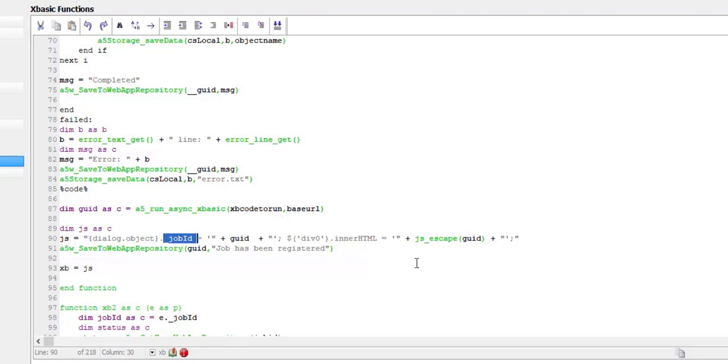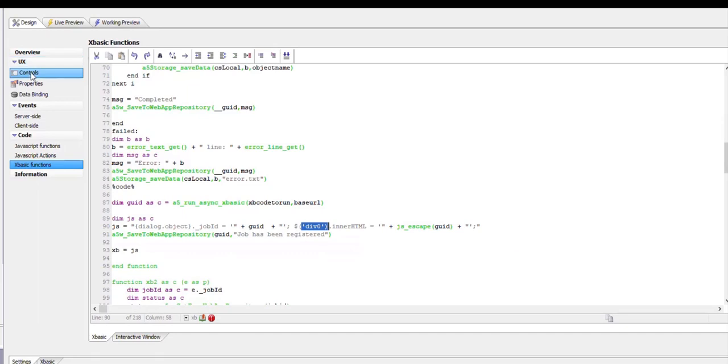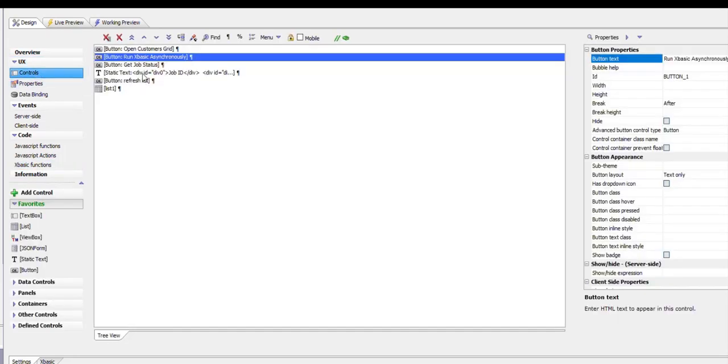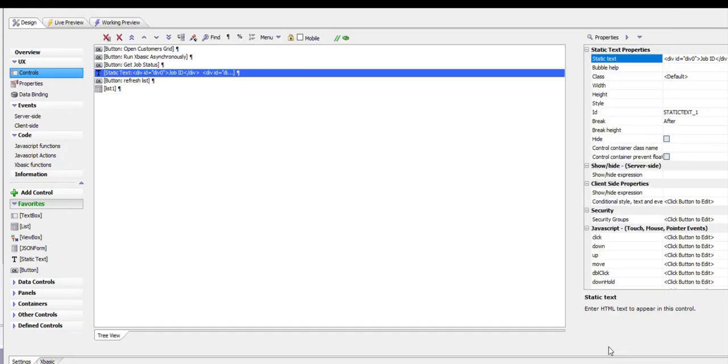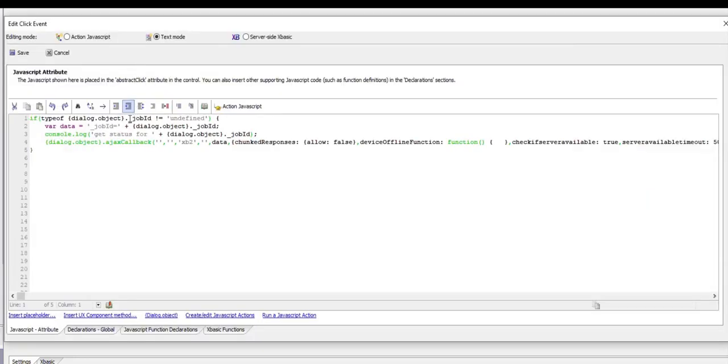And just so we can see what that GUID is, we're going to print it out into the inner HTML of div 0. If we go here to controls, we see that we have a static text control there, and inside the static text control we have a div with an ID of div 0. So that's going to show us what the job ID is. And then from time to time, we can press this button, which makes another Ajax callback,